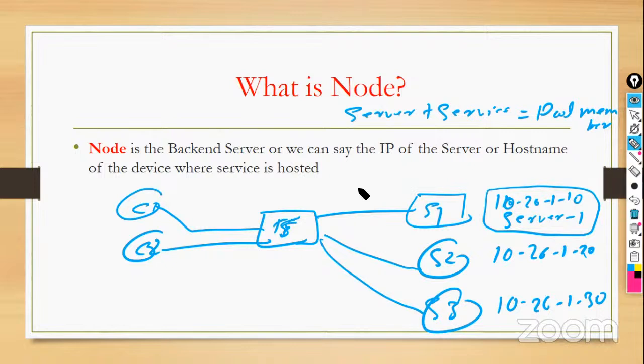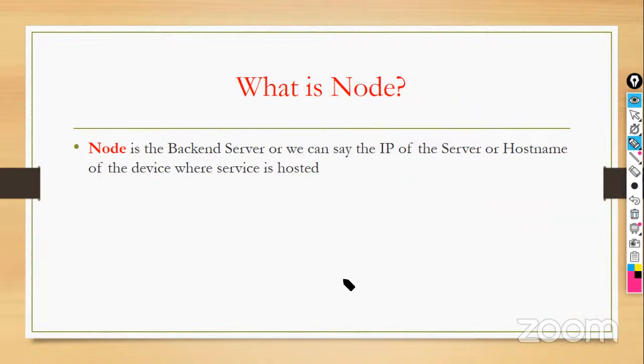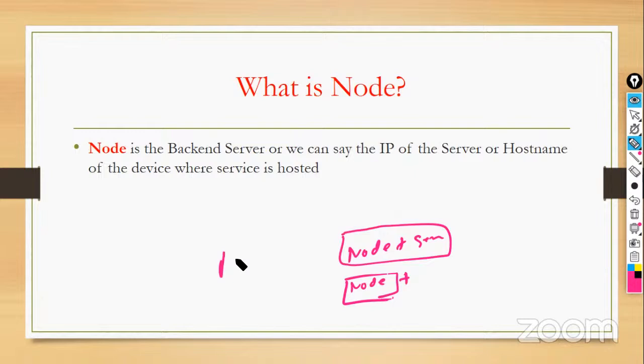First of all, we have the server, meaning node. Then we are using node, so this is node. Again, we are using node plus service, right? So this is your pool member. Whenever you have multiple node plus service,